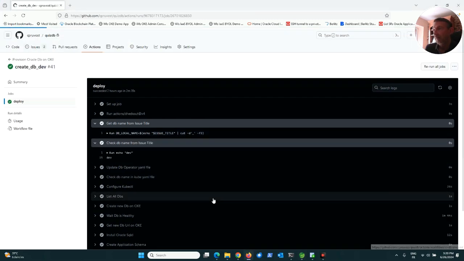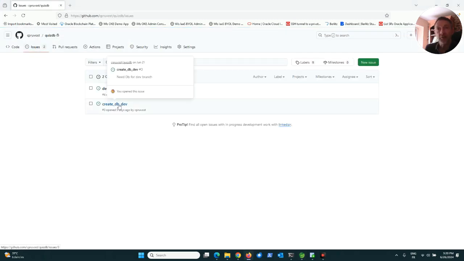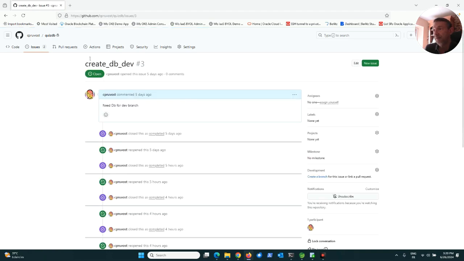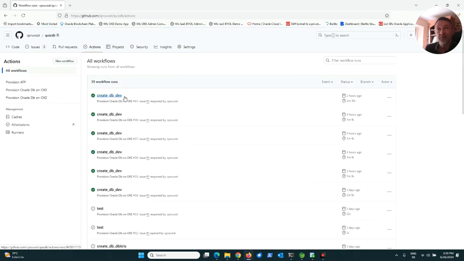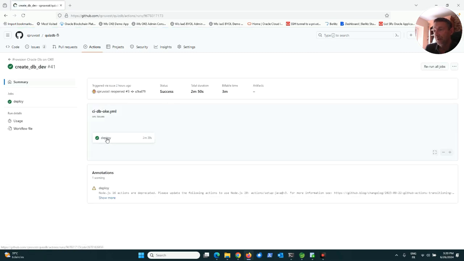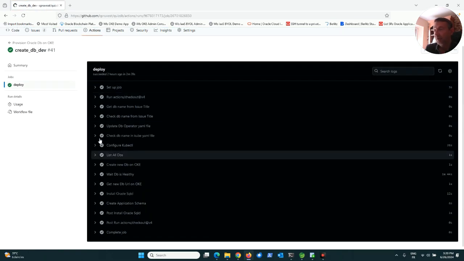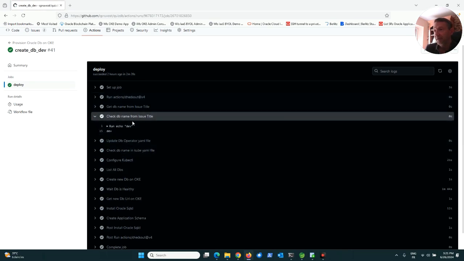Okay, now I have a look. I am a developer. I want to implement a new feature in a new branch, dev. I have a branch main, and want to create a new branch dev, I need a db dev. So I created an issue create db dev, okay, and then the event was trapped and the workflow ran. Looking at the workflow, deploy db, you can see all the steps,